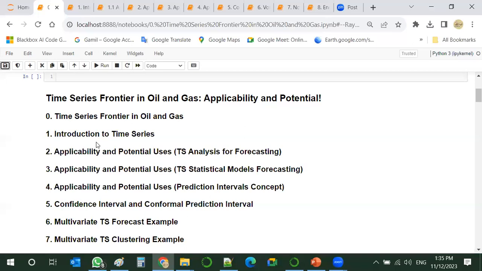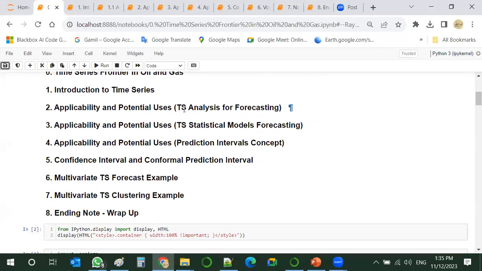And we will just shed some light on very few applications in upstream oil and gas. So we'll talk about the introductory part, and we will see the analysis for time series.